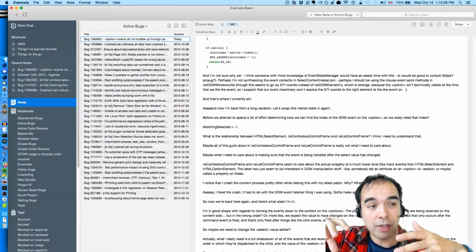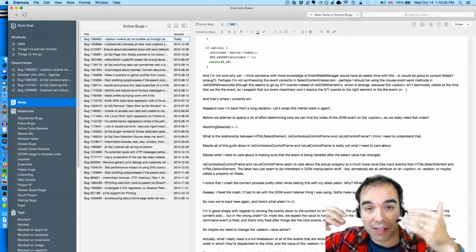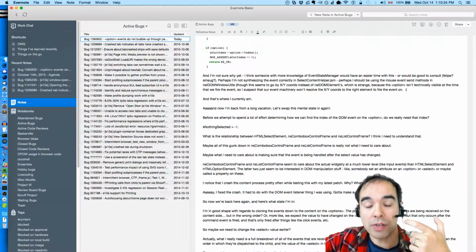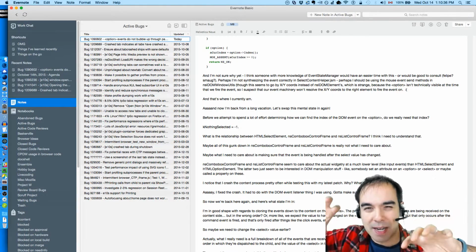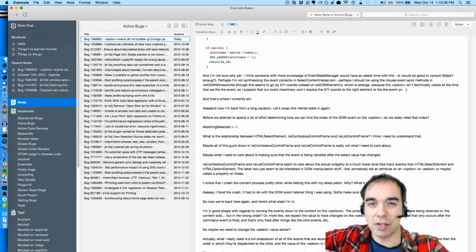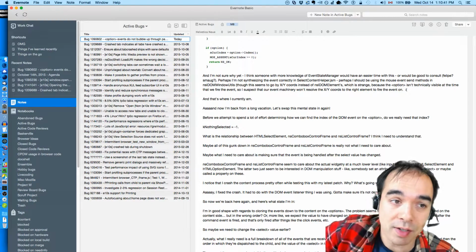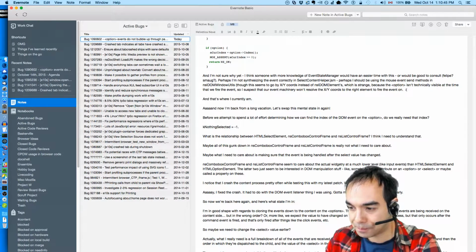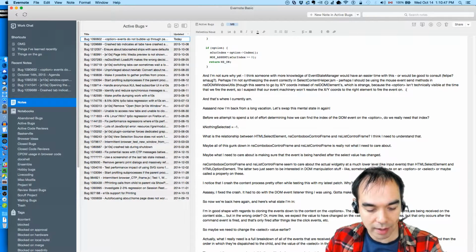And then we're also going to be looking at what the values of the select dropdowns are at the same time to see when those are supposed to change. And hopefully that will give us some clues as to where I'm going wrong, because I think I've got something wrong here. So that's today's plan.